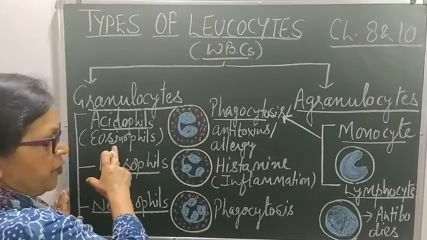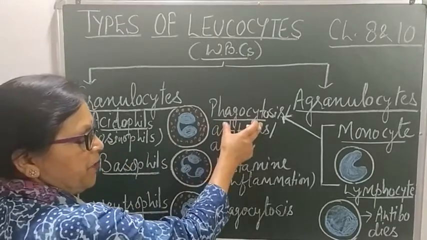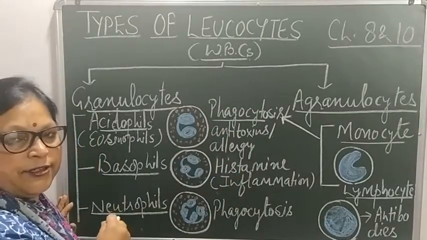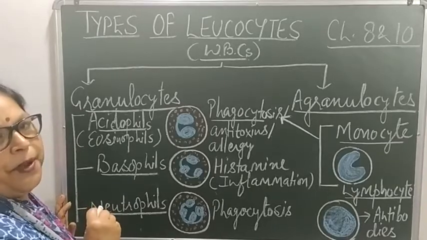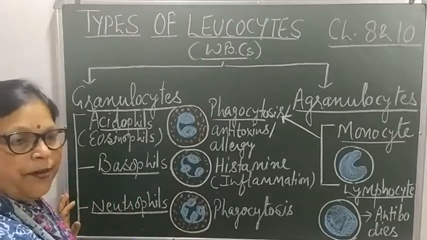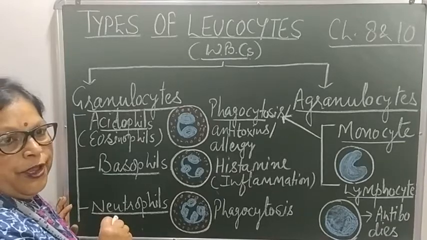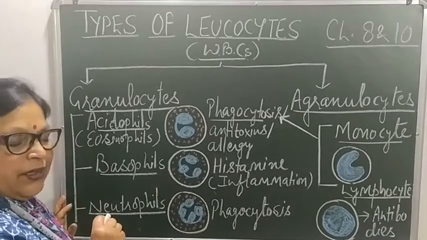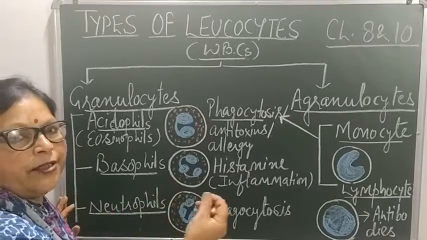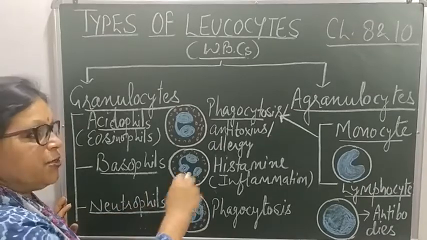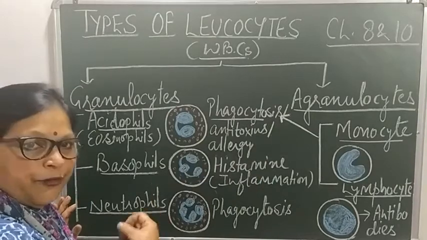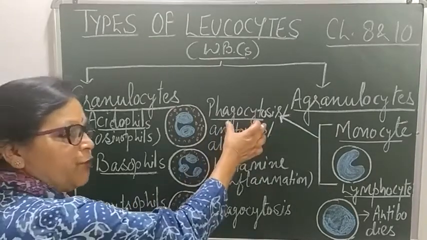So these acidophils eat germs by the process of phagocytosis. Now, what is this phagocytosis? You might have learnt in junior classes about amoeba. Amoeba is a single-celled organism. Amoeba has pseudopodia, many outgrowths, cytoplasmic extensions, and these pseudopodia help in taking the food inside. That process is known as phagocytosis. So whether amoeba is taking its food or engulfing its food, the process is known as phagocytosis.